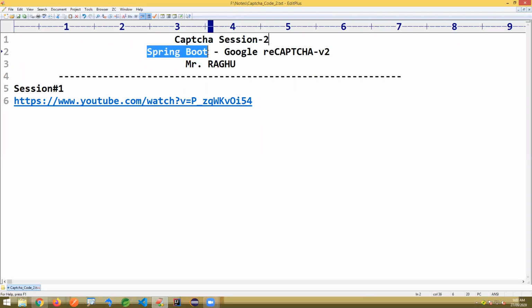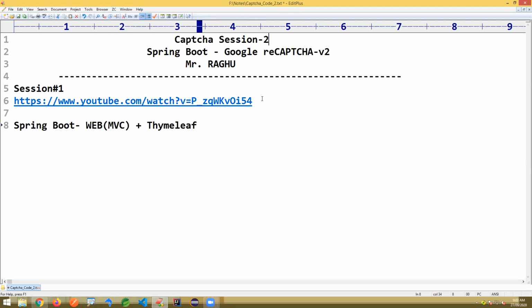You must have basic knowledge of Spring Boot programming: how to write Spring Boot web programming using MVC, how to work with Thymeleaf, how to work with a database, any SQL database such as the H2 database or MySQL, and how to work with a small client call, that is RestTemplate. These are the minimum knowledge required before attending the session. If you don't know these concepts, you may not understand this session. These are the prerequisites.